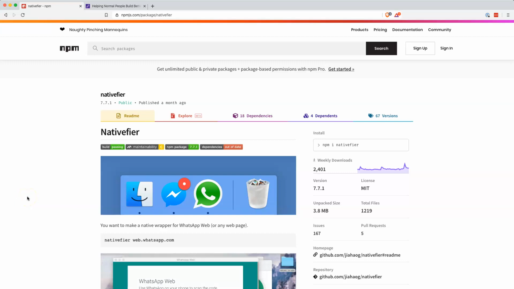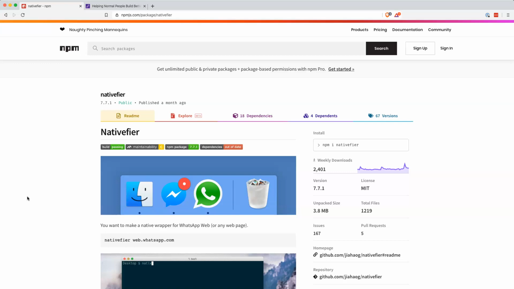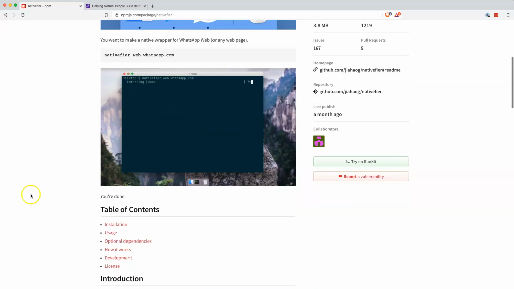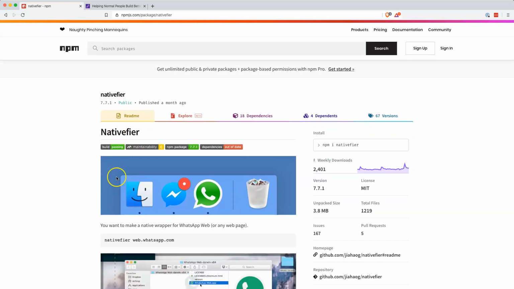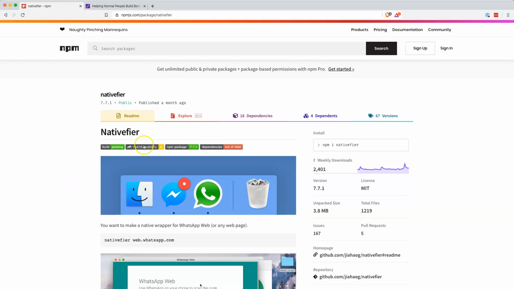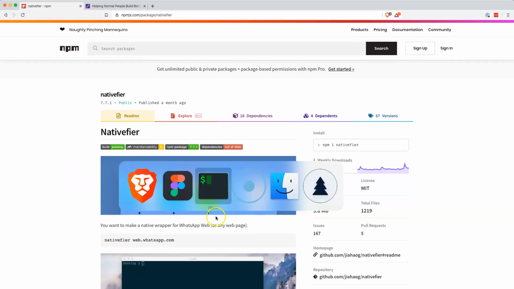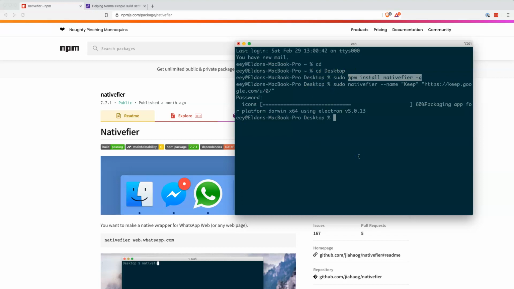Hello friend, Eldon here, and today I thought I would show you quickly how to create a native app for macOS, and I believe this would work for Windows, Mac, or Linux. So if you're on one of those platforms, this should work. Obviously there'll be some differences maybe in how you would trigger this, but let's go ahead and clear out my